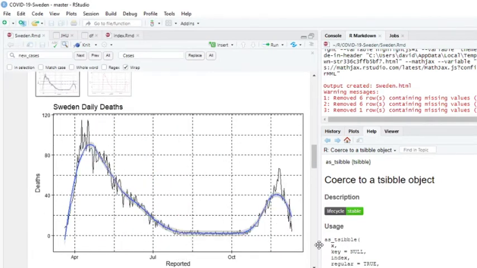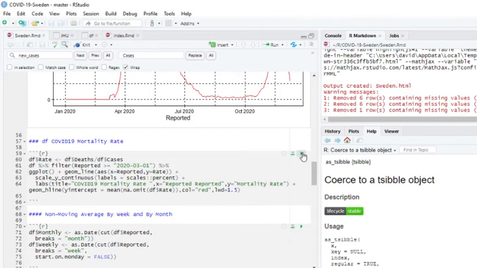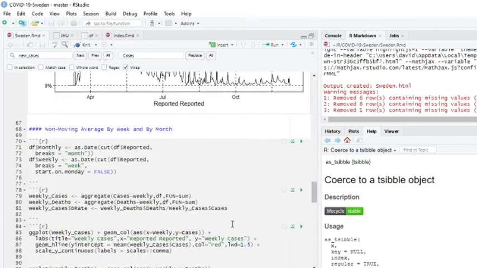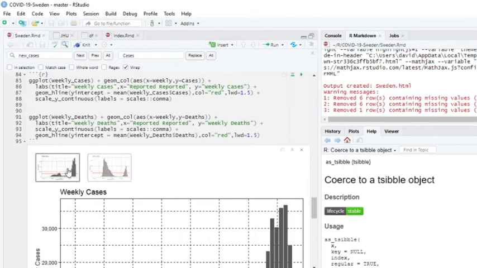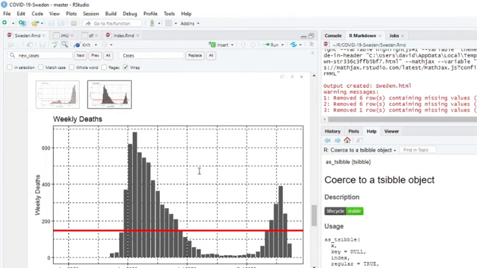Okay. Now you can clearly see the decline in deaths, and that's incredibly good news to see this decline in deaths right here. That's very good news. Mortality rates, average mortality rate again. Look at all the days when your mortality rate is below average. Once again, weekly cases, just to make sure I didn't miss anything. The chance that cases may finish below last week's cases. Deaths you can see declined back here.